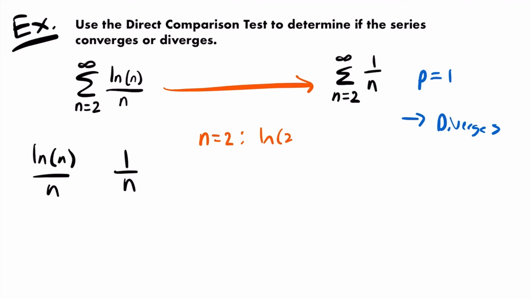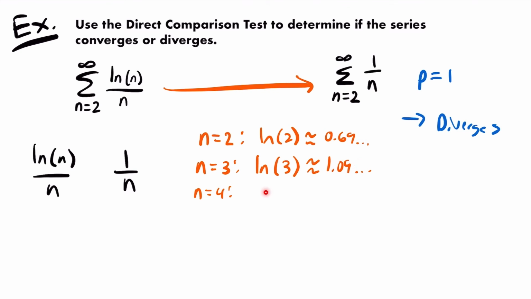The natural log of 2 is approximately equal to 0.69 and some more decimals. When n equals 3, the natural log of 3 is approximately equal to 1.09 and some more decimals. And then from that point on, if we were to look at n equals 4 and so on, the value of the natural log of that value of n is going to continue to be greater than 1, right? The natural log of 4 is approximately equal to 1.38 and some more decimals. As we plug in larger and larger values of n into the natural log function, it is going to output